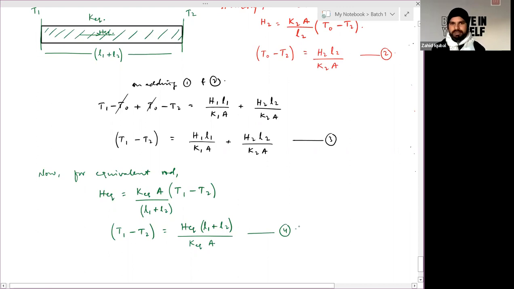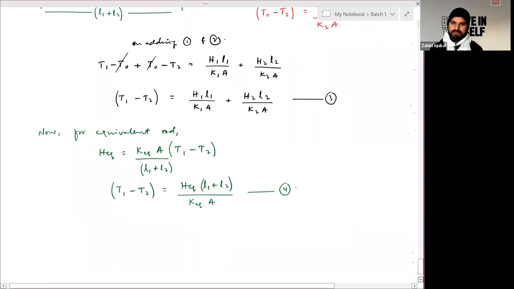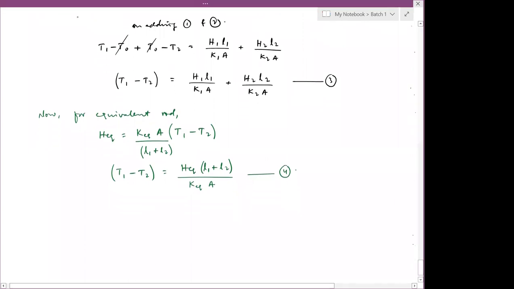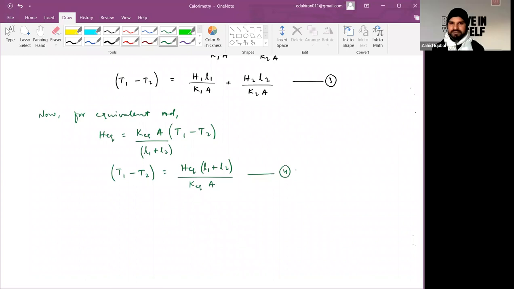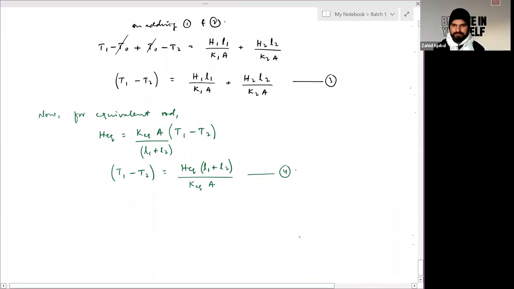Is there any similarity between equation 3rd and 4th? Yes, sir. Hamza? Yes, what about? We have the same temperature difference in both equations on the left hand side. Now, since this particular combination is series, for series combination, heat current will be the same. So you'll say H1 equals H2 equals H equivalent in series. So from equation 3rd and 4th,